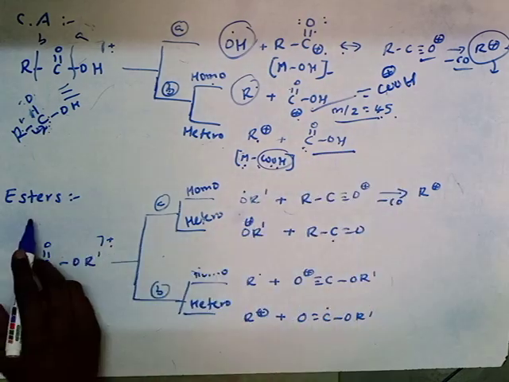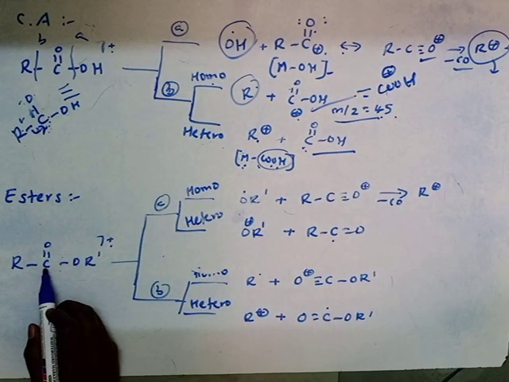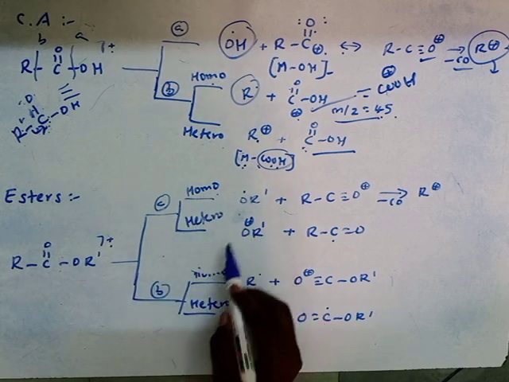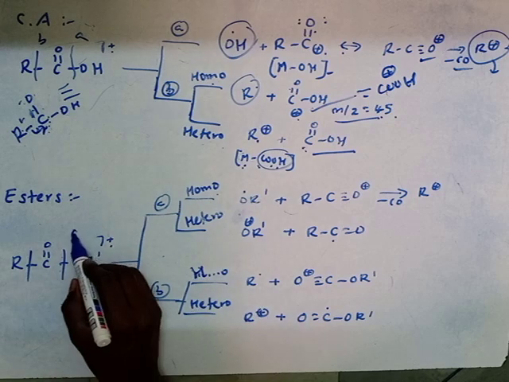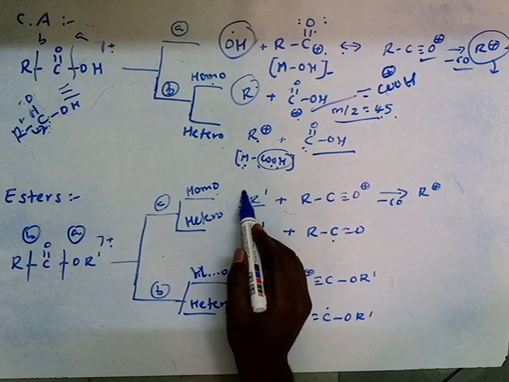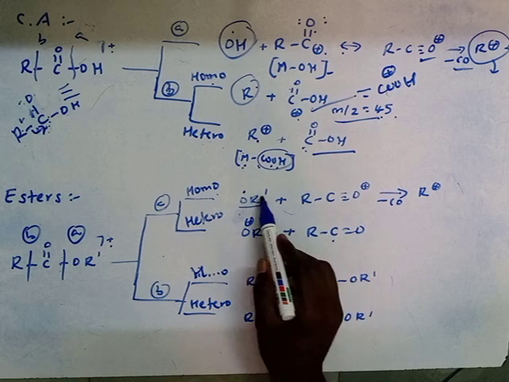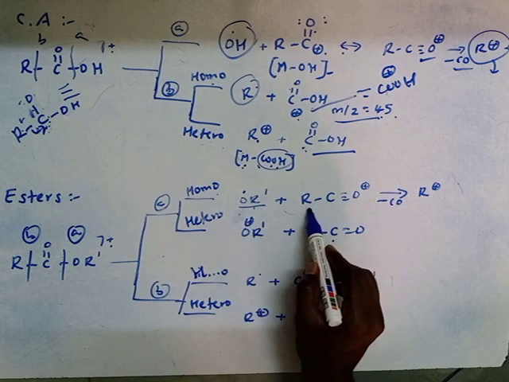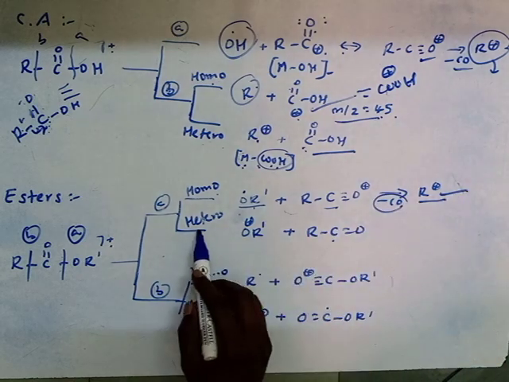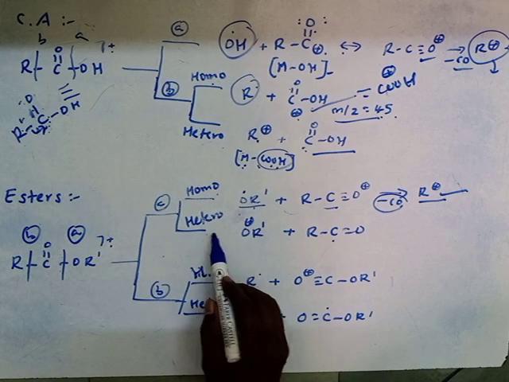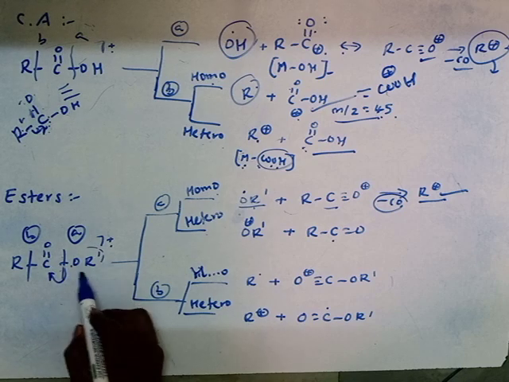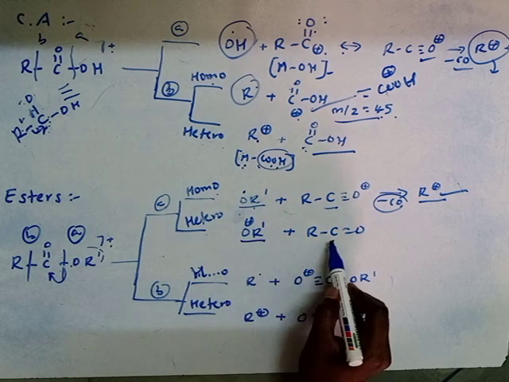Now we are discussing esters. This is the functional group of ester. Esters undergo homolytic and heterolytic cleavages, A-type cleavage and B-type. This is the A-type. Here is the B-type. A-type cleavage undergoes homolysis, and O radicals will be formed. In homolytic cleavage, radical formation takes place, as well as cations will be formed. Loss of CO2 takes place to form cations. It will undergo heterolysis or heterolytic cleavage. The electrons move to this side, so loss of electrons takes place. That's why it will be a positive charge, and you will get a radical.